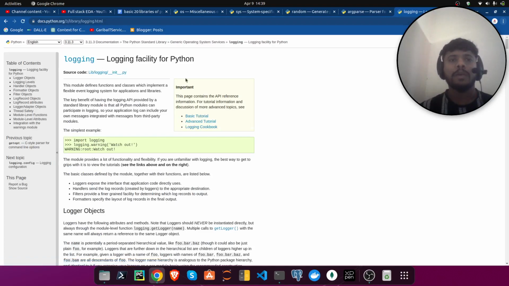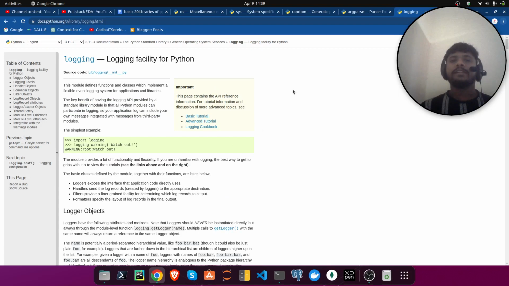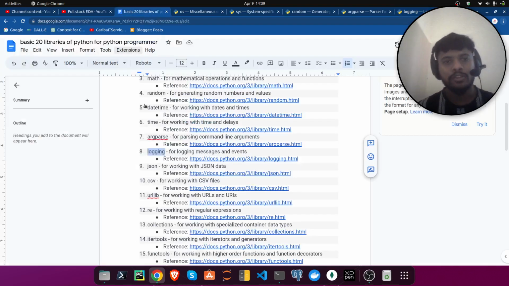These are all Python modules you should know about. In future, when I write code for a machine learning Python program, I will show you in depth that while making the API we have to log the process. That's why you should learn that.